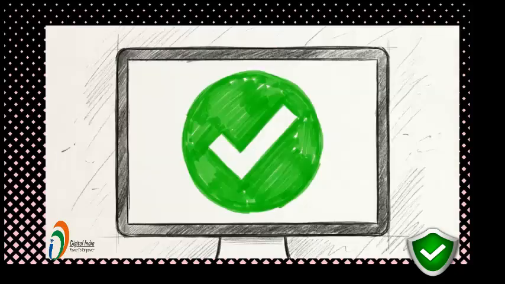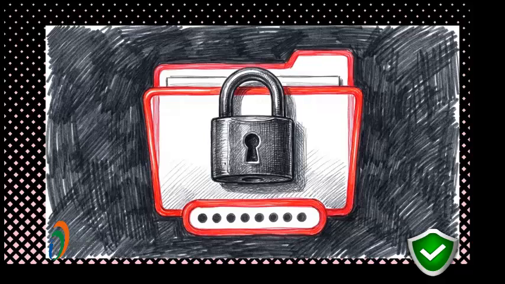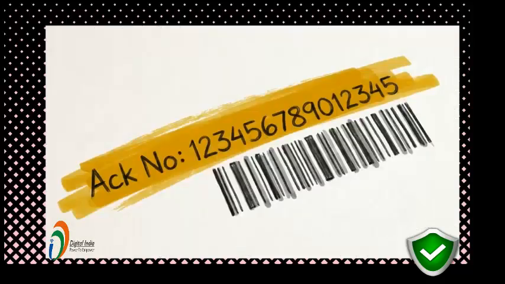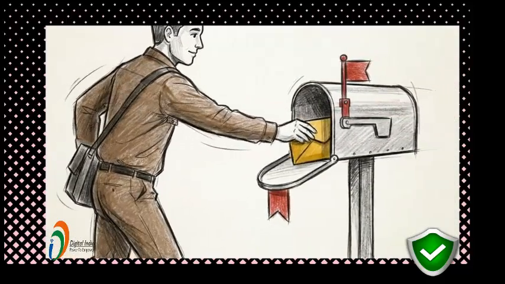The system will load a final success screen and generate a digital acknowledgement slip in PDF format. That file is encrypted. To open it, type your date of birth as a continuous string of numbers, day, month, and year, with no spaces or slashes. Keep that slip safe. It contains your 15-digit acknowledgement number, which you'll use to track the shipment. Your physical card will arrive by post in 5 to 7 working days.